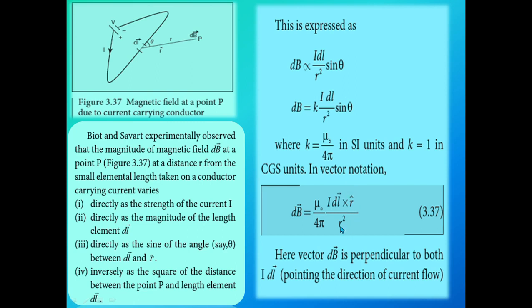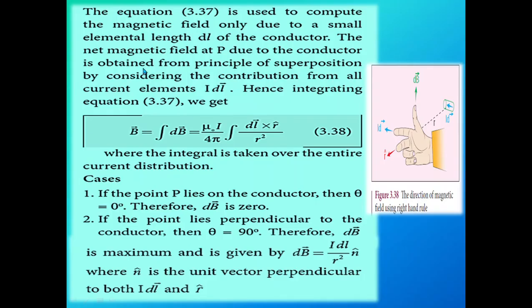We obtained I dl vector cross r cap divided by r square. Here the dB vector is perpendicular to both the I dl vector, pointing in the direction of the current flow. The dB vector is perpendicular to both the I and dl vectors. Equation 3.37 is used to compute the magnetic field only due to a small elemental length dl